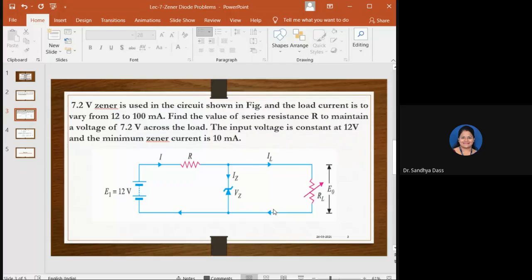So observe here, this is a circuit and it is mentioned that the Zener diode maintains a constant output voltage of 7.2 volts there, all right? And as you can observe from the circuit, let me ask a question to someone. Okay, Ajit Shetty, can you tell me what type of voltage regulation this is? This circuit is the example of what type of regulation?